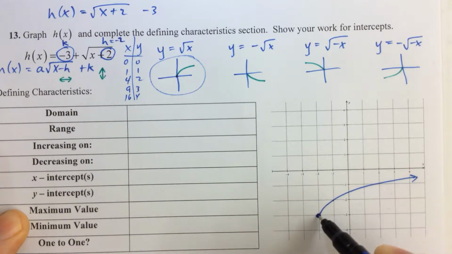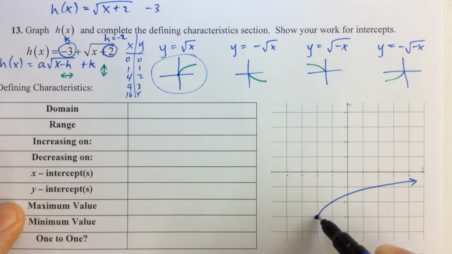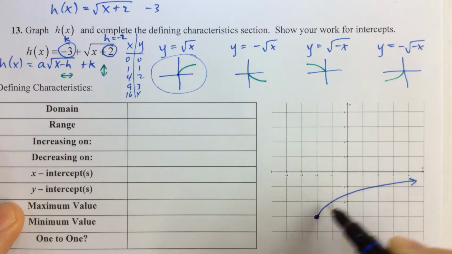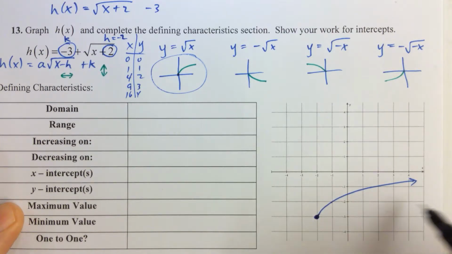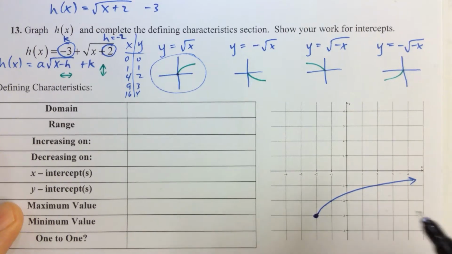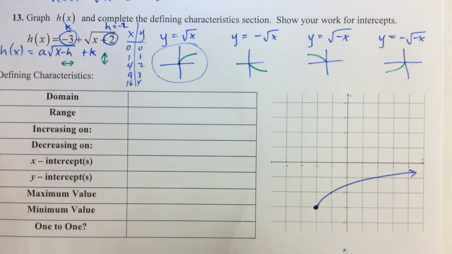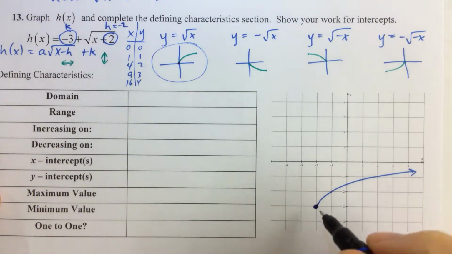And make sure that if it's going up, meaning the function is increasing, you keep it increasing. Don't come back down. I see sometimes students will come back down, and then they're not showing me they understand the idea that it's going to be continually increasing here. So therefore, once we have the graph, we have our starting point of